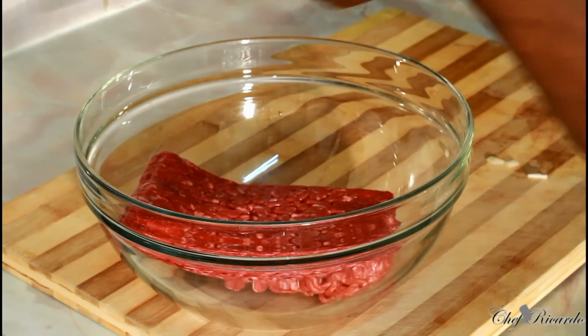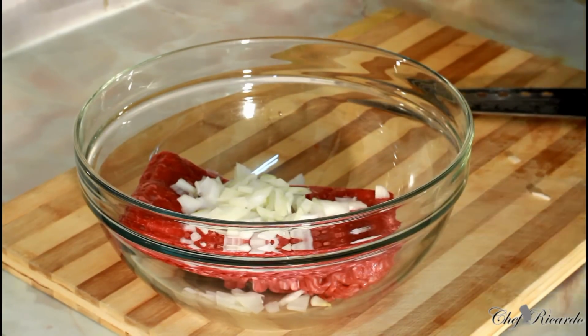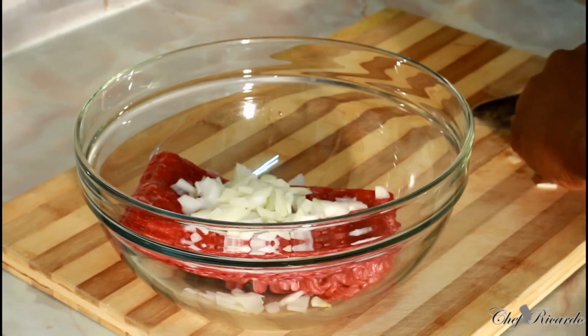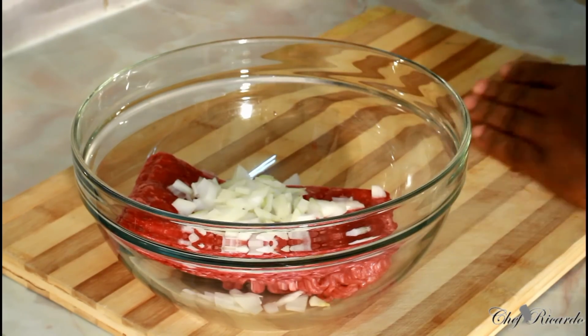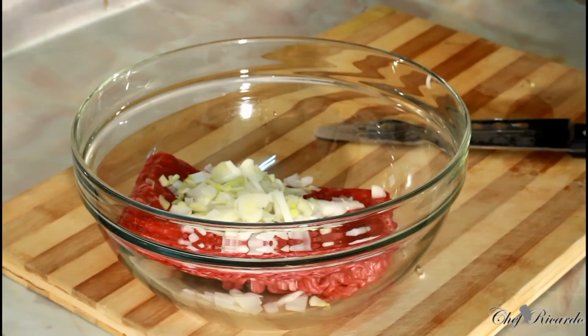Half of a white onion, and some spring onion, also